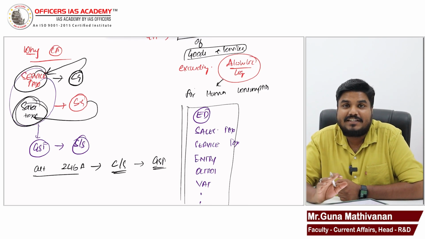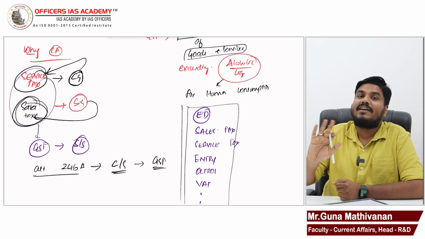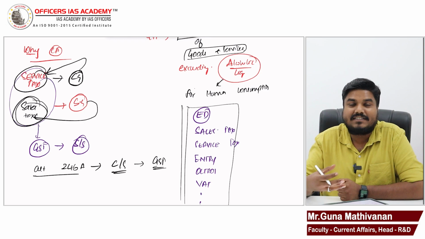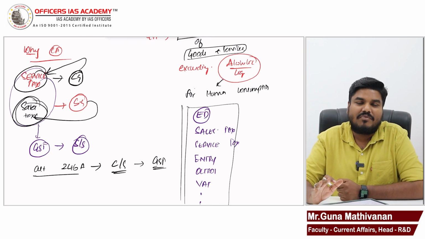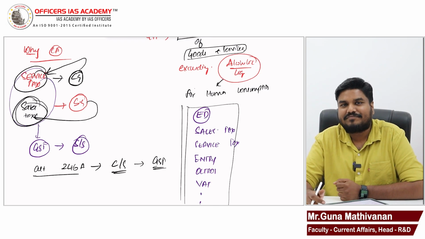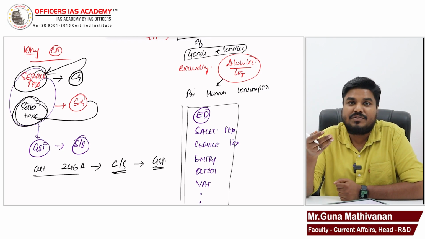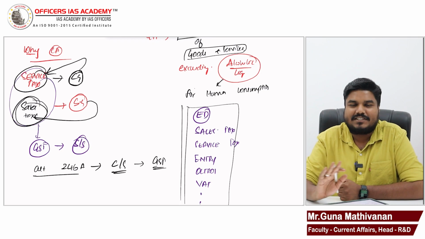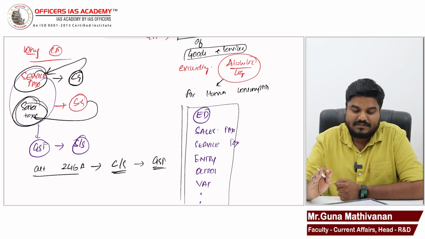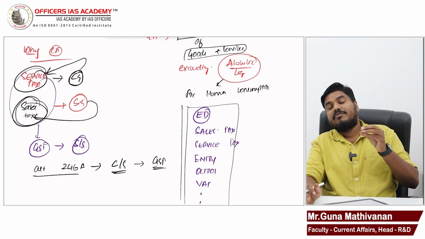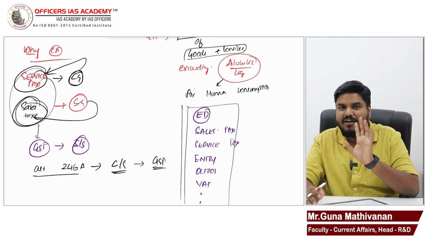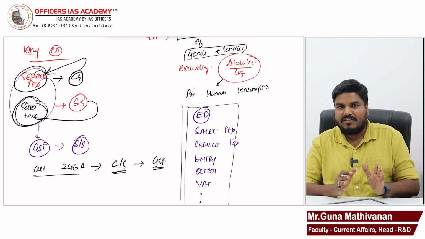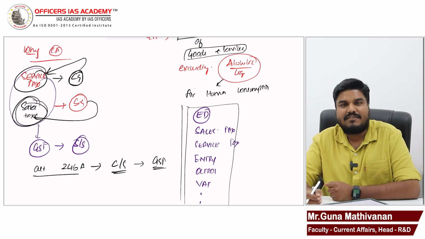But remember, GST has not replaced all the indirect taxes. GST has subsumed most of the important indirect taxes. For example, customs duty is still kept outside GST. GST has not subsumed customs duty. So please make a note, GST has subsumed most of the indirect taxes and not all the indirect taxes. I hope in this video you got clarity on the constitutional background of GST.